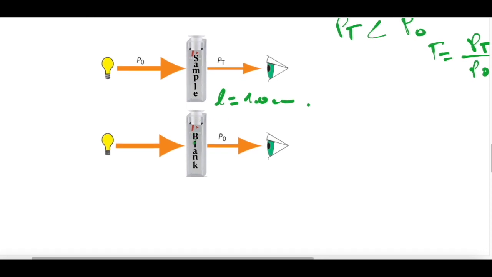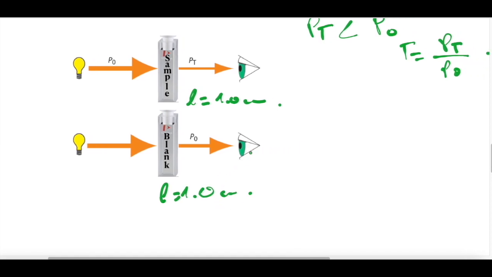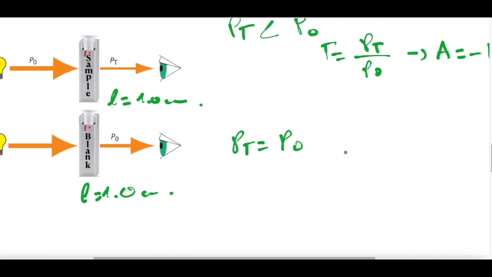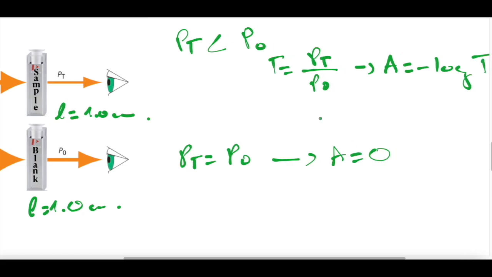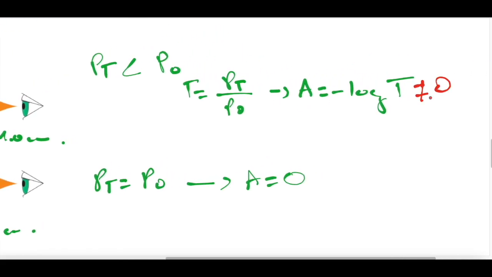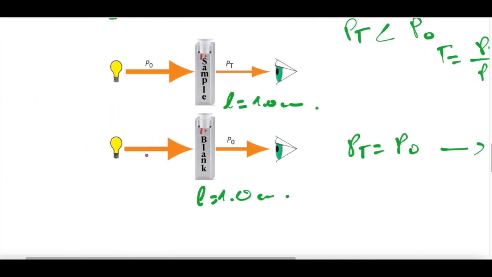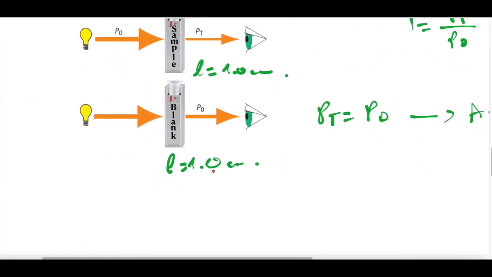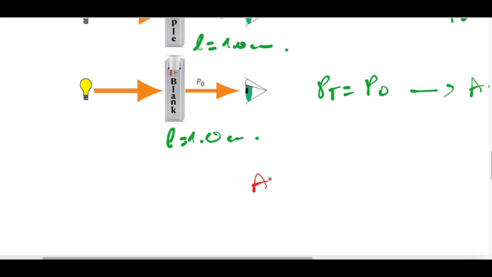On the other hand, if this same radiation passes through a blank solution of path length L, of the same thickness in centimeters, here the power of the incident radiation is equal to the power of the transmitted radiation, hence Pt is equal to P0. So the absorbance in this case will be equal to 0, while here it is not equal to 0. And what we observe here is that the absorbance of the solution is proportional to the path length and